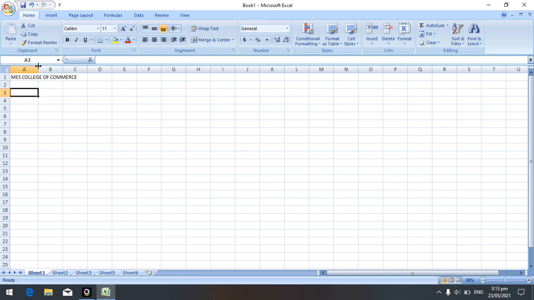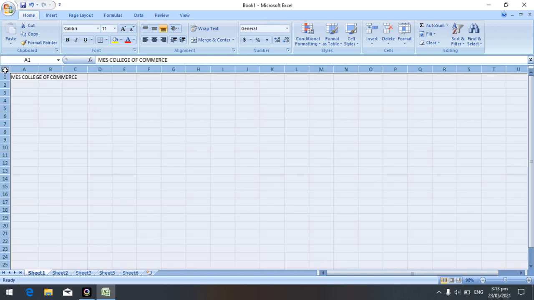If I want to select the entire sheet, just click in between 1 and A. This button is called the select all button. When I click here, it selects 10,48,576 rows and 16,384 columns.